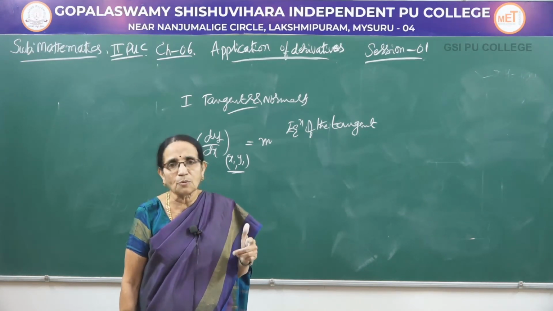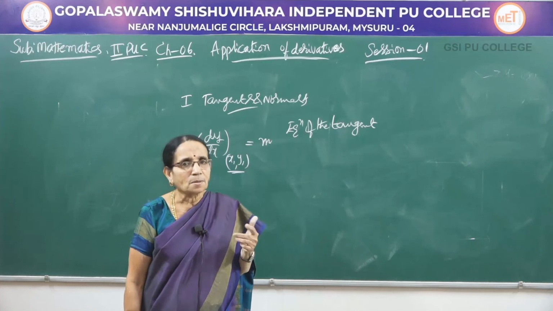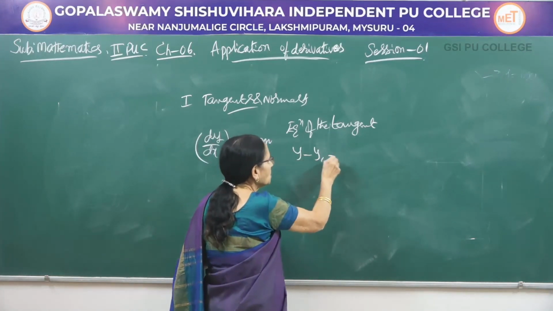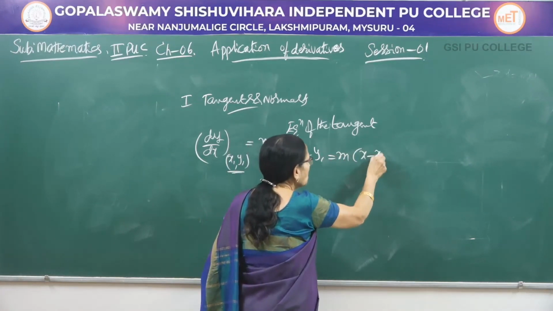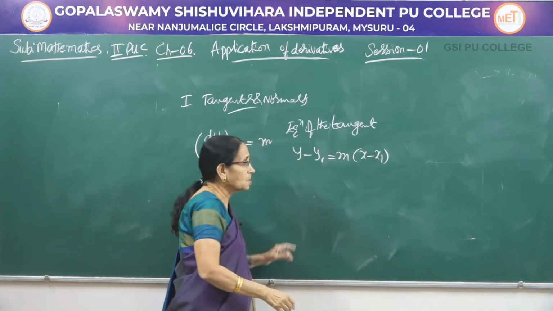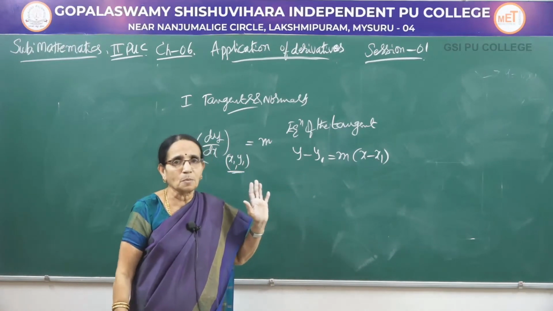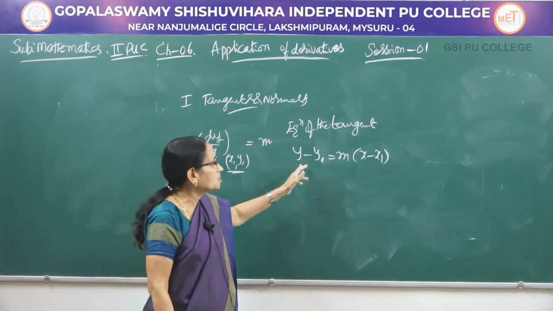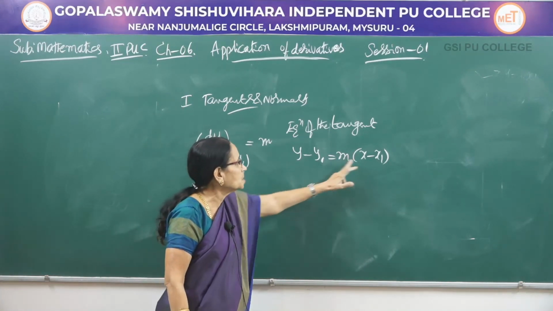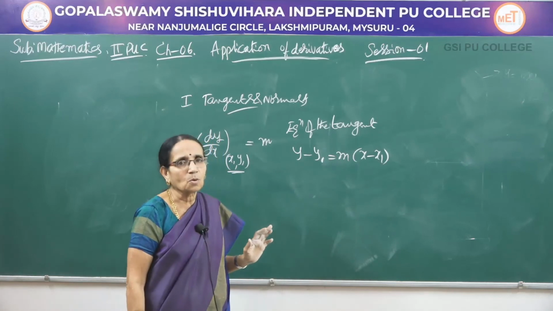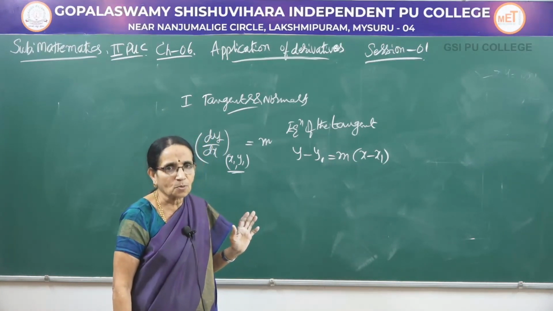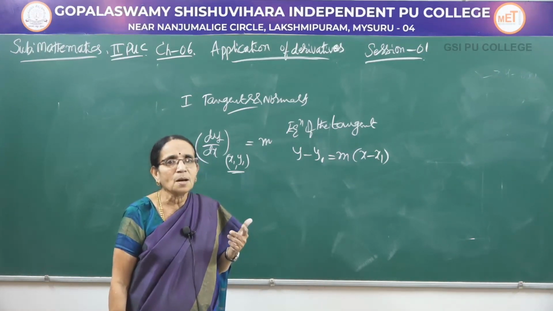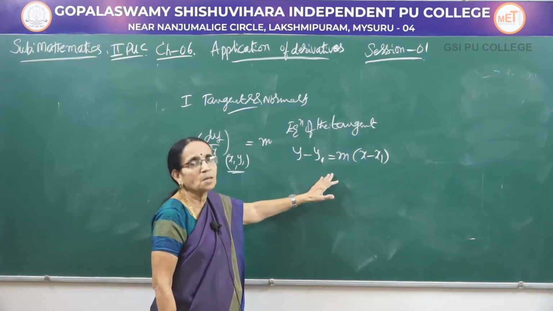First one, slope intercept form, y equal to mx plus c. The second one, slope point form, which is y minus y1 equal to m into x minus x1. Generally, this is the one used in maximum problems wherever you want to find the equation of a straight line. So, the slope point form: this is the slope, this is the point, y minus y1 equal to m into x minus x1. Apart from these, we have two more: one known as the intercept form, the other known as the normal form. At present, this would be enough for us.